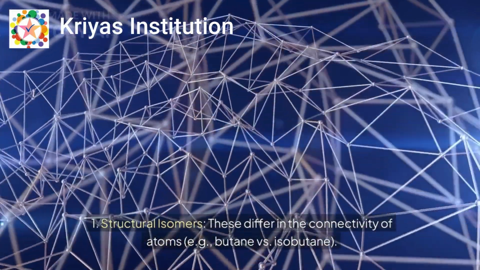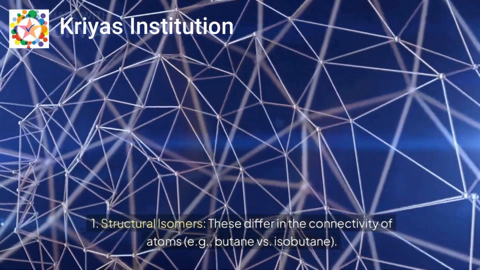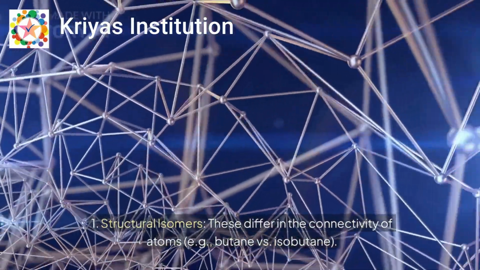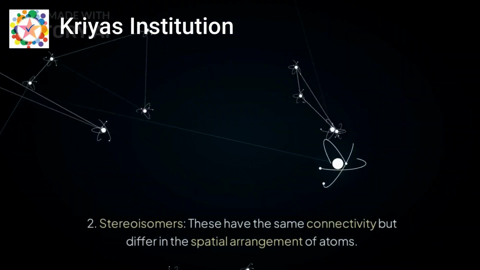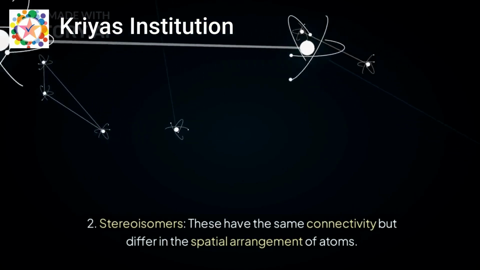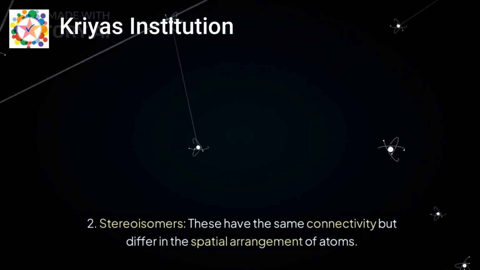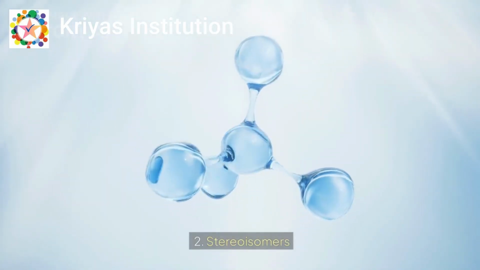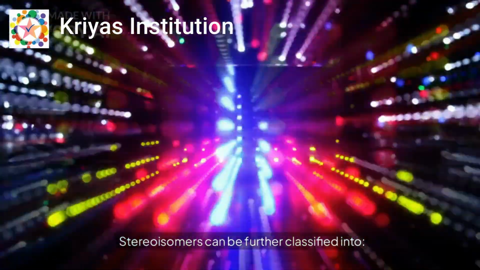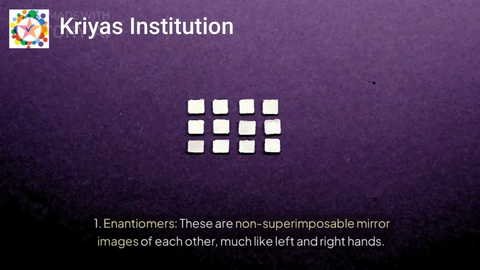1. Structural isomers. These differ in the connectivity of atoms, e.g., butane versus isobutane. 2. Stereoisomers. These have the same connectivity but differ in the spatial arrangement of atoms. Stereoisomers can be further classified into: